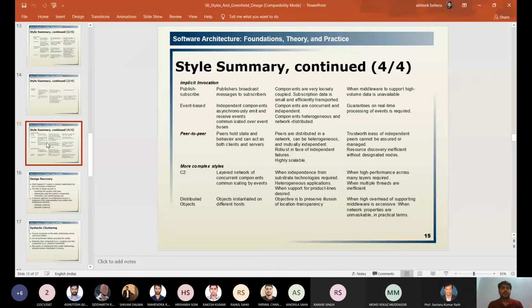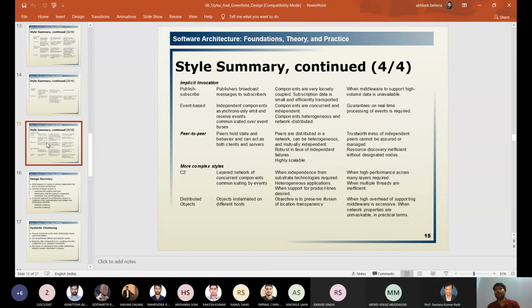The next one is peer-to-peer. Here it means one hop to another hop or one position to another position. The peers hold the state and behavior and can act as both clients as well as a server itself. The peers are distributed in a network, in an entire network.